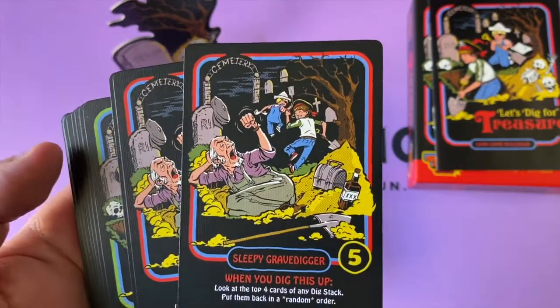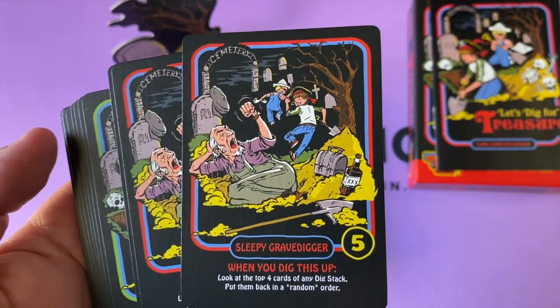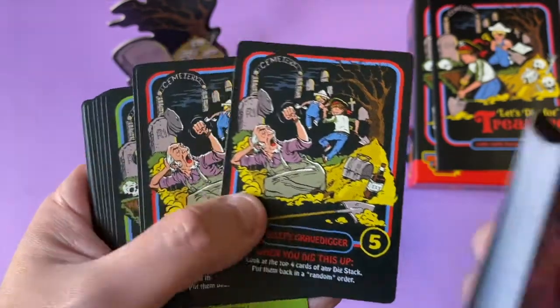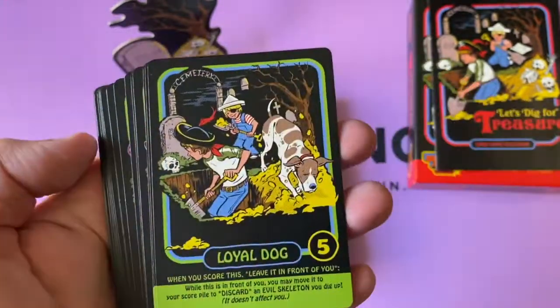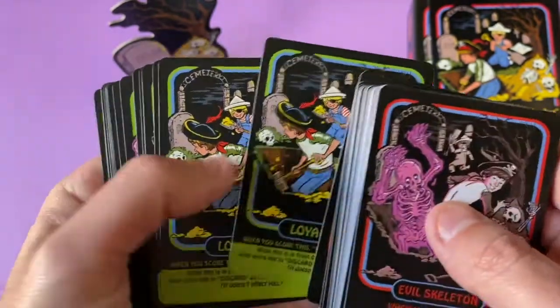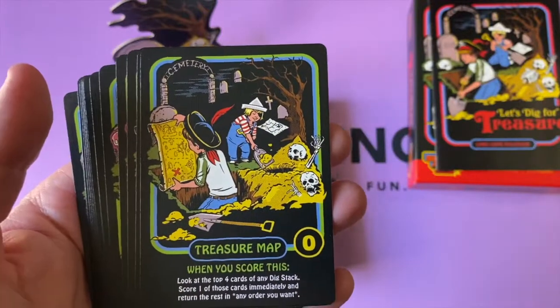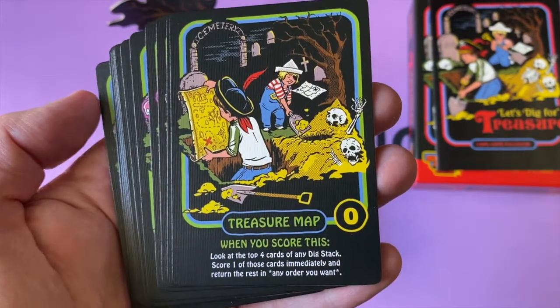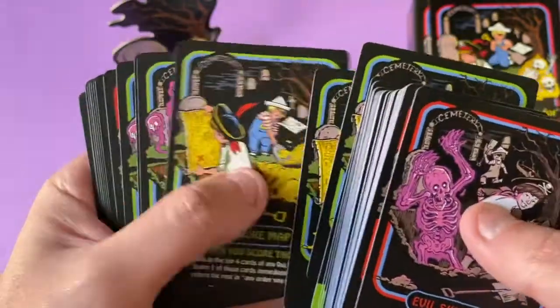That's brilliant. Oh, a sleepy gravedigger. If you dig up the gravedigger, that's no good. Why was he in there in the first place? Oh well, that's okay. Now we've got here, oh look, a loyal dog helping you dig through all the rubble. That's very handy. We do like our doggos. Oh look, a treasure map. There you go, digging for treasure, finding a treasure map. That's very nice. But it is only worth...